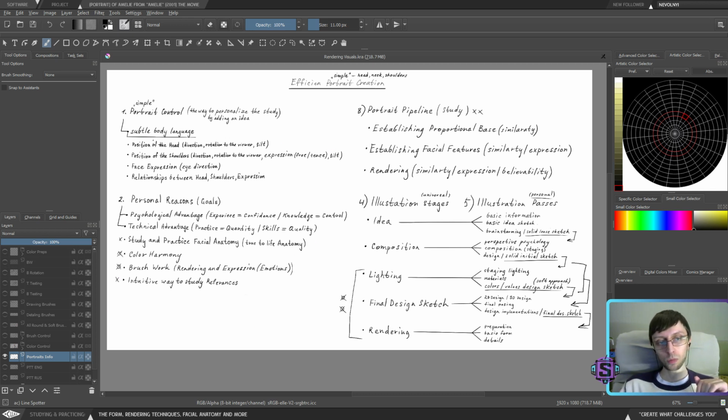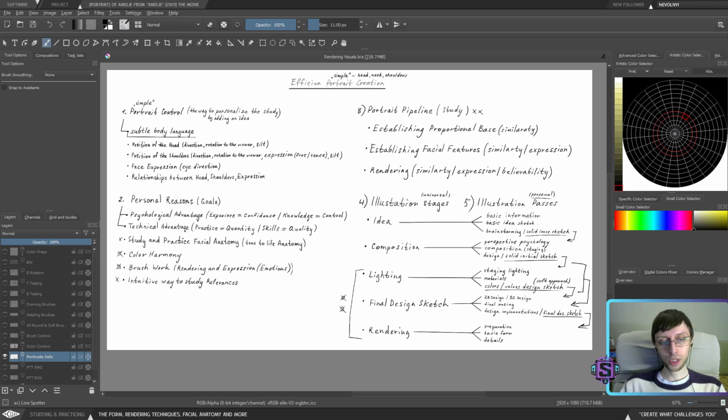Okay, now every time that we're going to work with a portrait, we know what type of elements we need to be able to control. That's it, out of the way. We don't need to ask ourselves how to control portraits and how to add a story to them. This is the way.